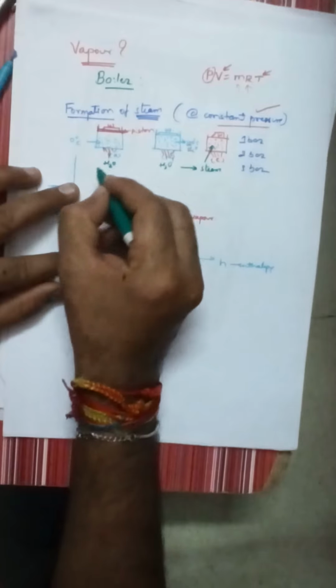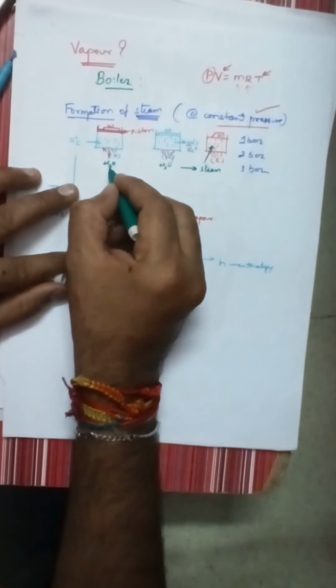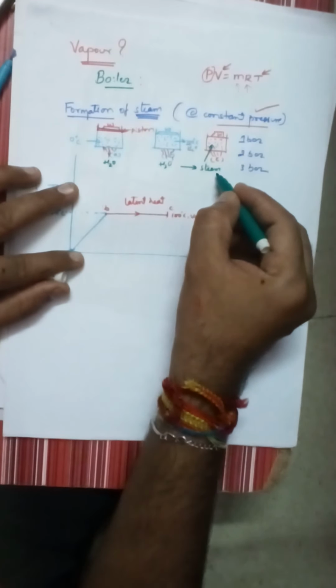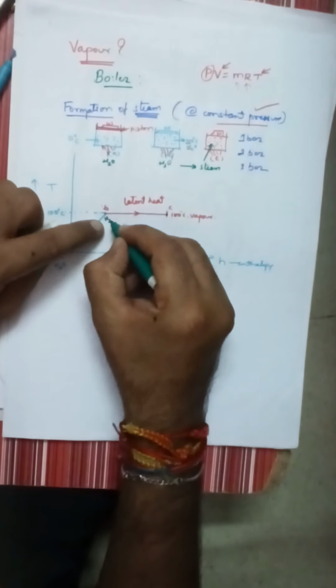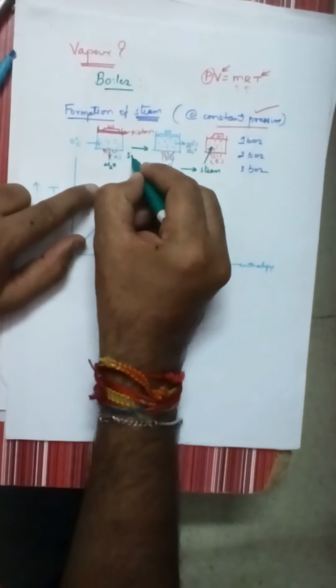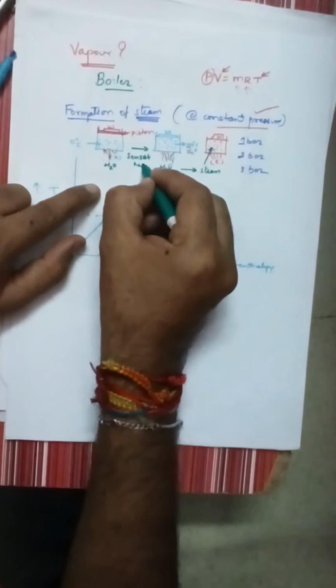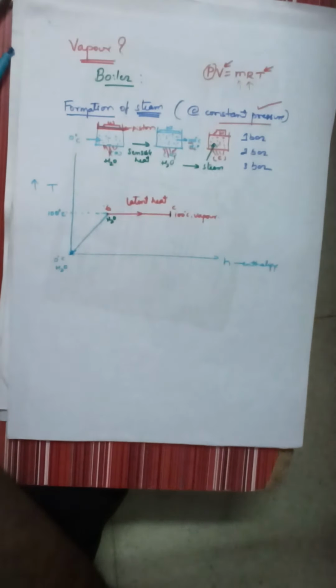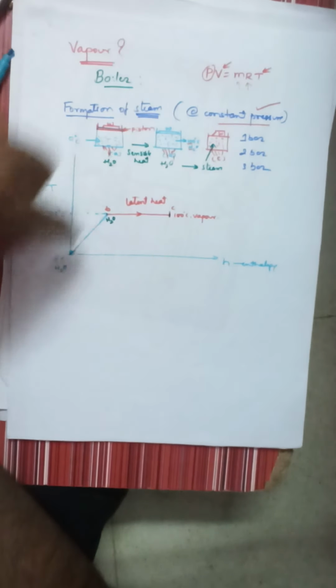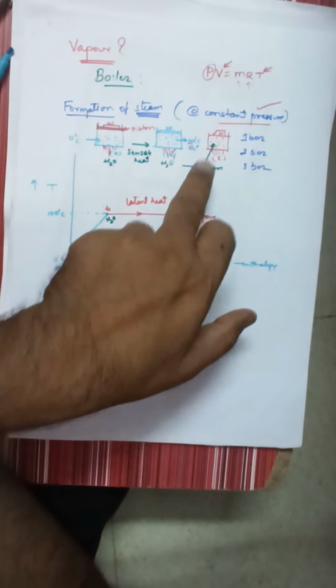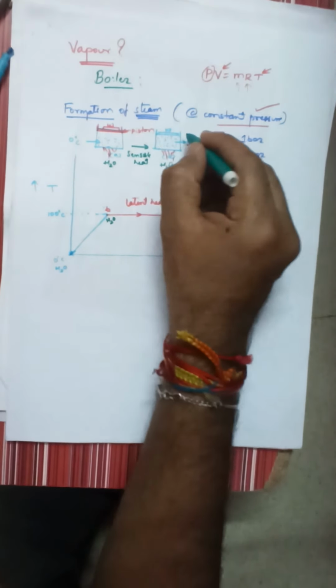Here at point A, the working substance is in the water state, and here is also water, but here it will become steam. So at point C, it is steam. Here it is water. Here is also water. I will write water. But A to B, what type of heat you have supplied is nothing but sensible heat. Sensible heat is the amount of heat added to a substance in which the phase remains constant, temperature changes. But in the latent heat,